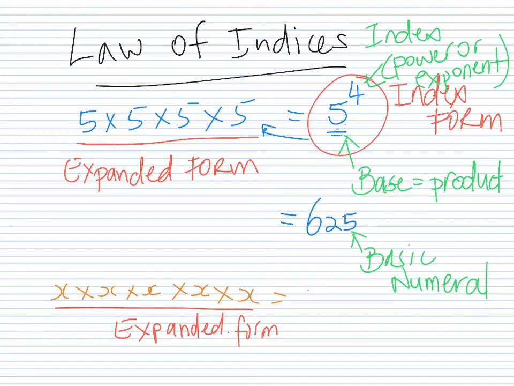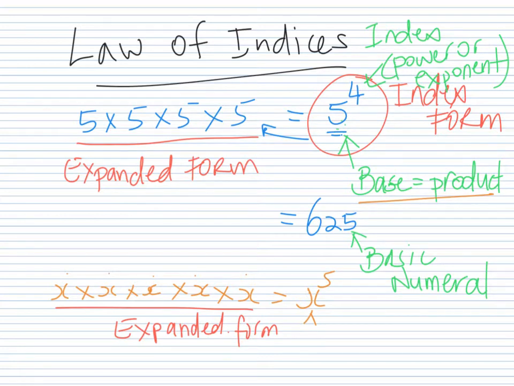Now, for us to simplify this term, it would be x, because remember, it is the base. Okay, and how many do we have? We have 1, 2, 3, 4, 5. So it's x to the power of 5. Okay, so what we need to do now,